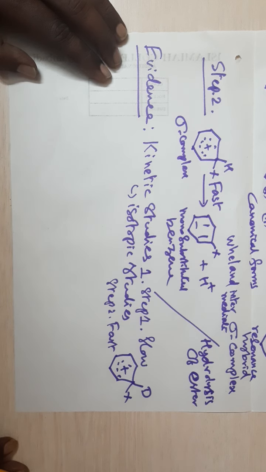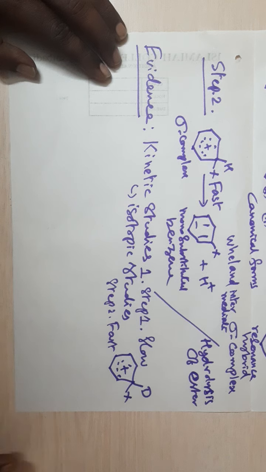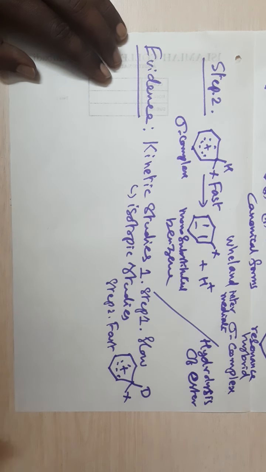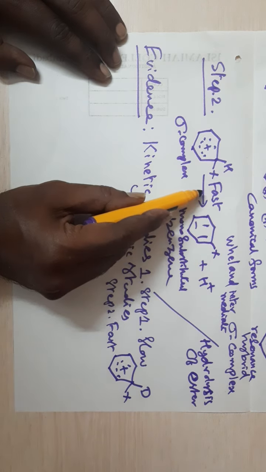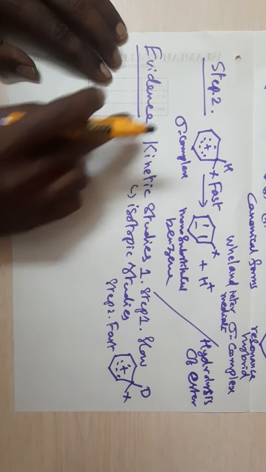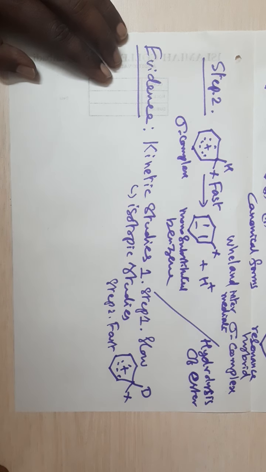Normally, the rate of the reaction depends on the quickness of the reaction. If the reaction is very slow, then the rate is low. If the reaction is very fast, then the rate is very high. So, if the reaction is very fast, there won't be any considerable change in the rate because it occurs very easily. Whether it is hydrogen or deuterium, the rate of the reaction is very fast. So the kinetic isotopic studies will not show any change in the rate of the reaction.